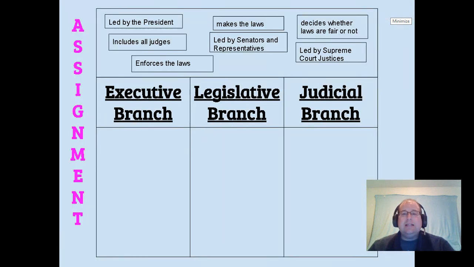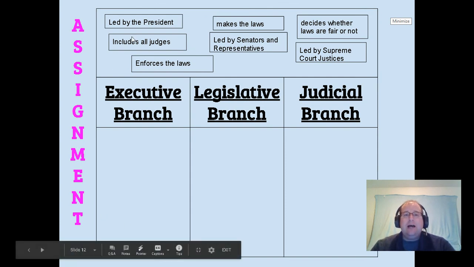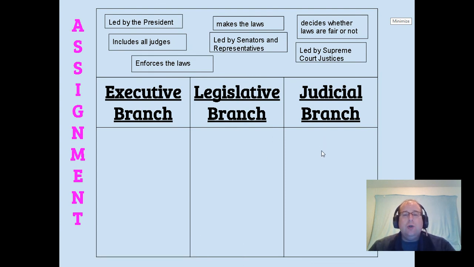Your assignment today is posted for you. You will open the document and make a new copy, and then if you'd like, you could share it with your teacher to let them know what you've learned. You will be taking each box up here at the top and placing them into the correct branch of the United States government. Don't let these trick you,